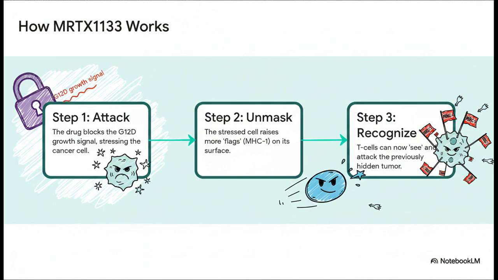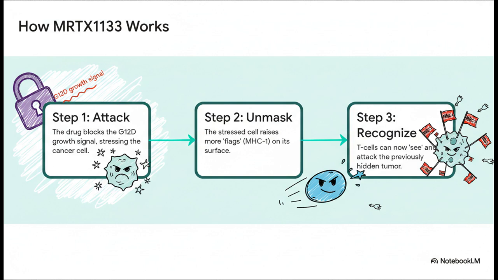So here's the three-step process to turn this whole thing on its head. First, the drug MRTX1133 hits the G12D cancer cell and blocks its growth signal. This puts the cell under a ton of stress. Second, in response to that stress, the cell is forced to raise more of these little flags on its surface. And third, all of a sudden, this once invisible cancer cell is waving a giant flag that the immune system's T cells